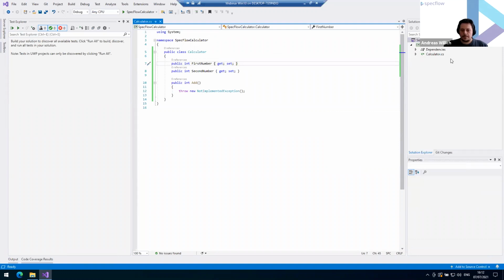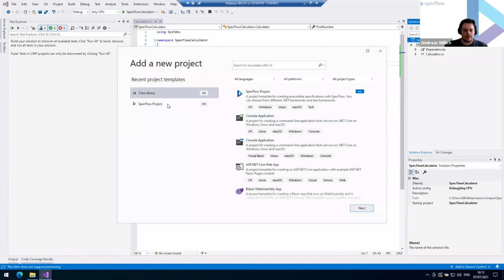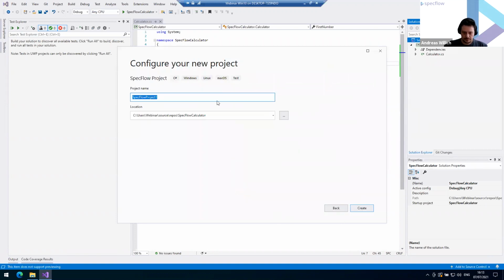Good. Back to the step-by-step guide. So we have our subject under test. Let's create our SpecFlow project. On the solution, let's say add new project. And now we can use the SpecFlow project template. We give it a name, SpecFlow calculator